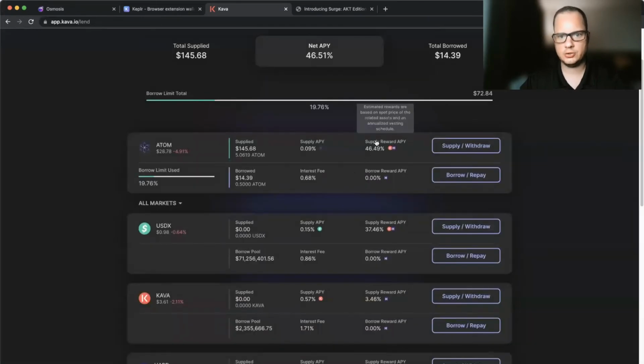And so now this is what we're earning without doing anything else. We are earning that 46.49%. And so you can imagine when the AKT Surge event launches and there's the above 140% APR, you will be able to basically just do this and lend it. But for those of you that are interested, what you can then do is go down here